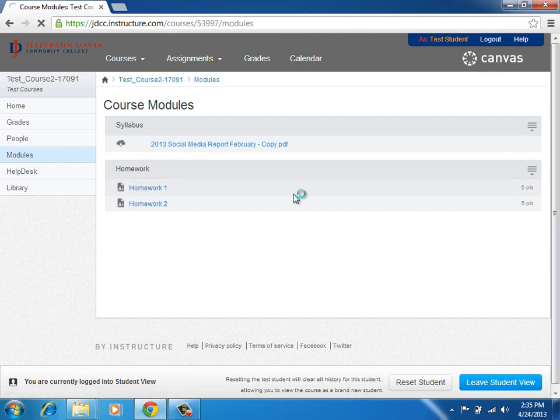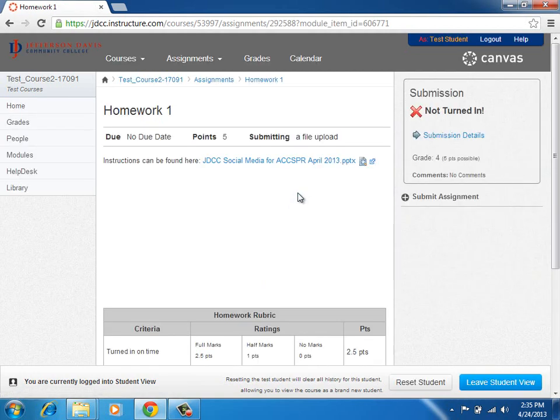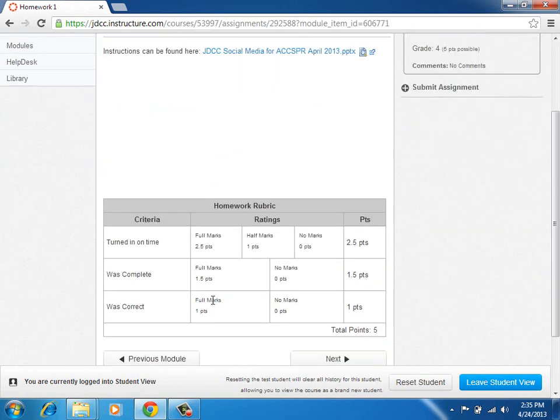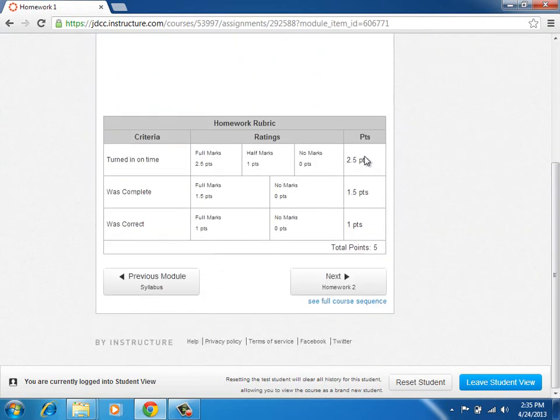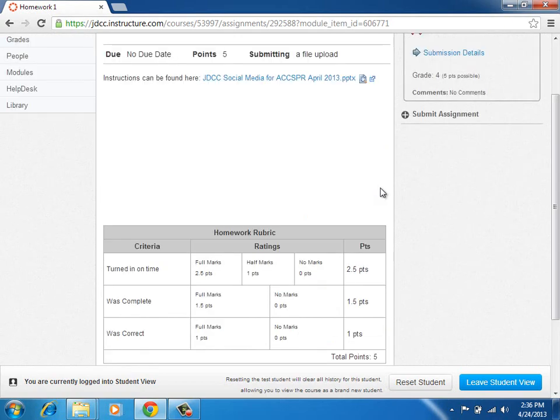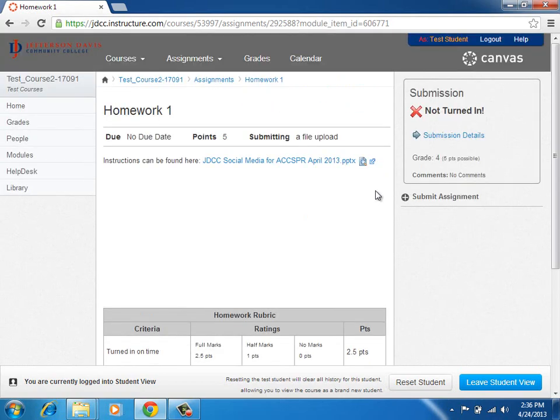So let's click on Homework 1, and we can see no due date, 5 points, submitting a file. Here's my instructions. Before I even begin the assignment, here's my rubric. So I know exactly what the instructor is looking for if I have a well-written rubric. As a student, I can see exactly what the instructor is looking for. At the top,